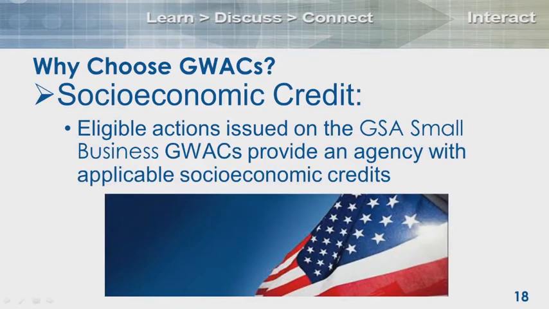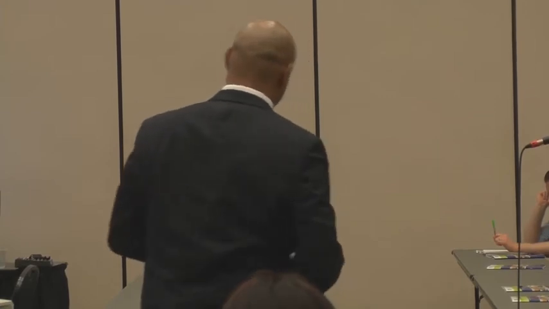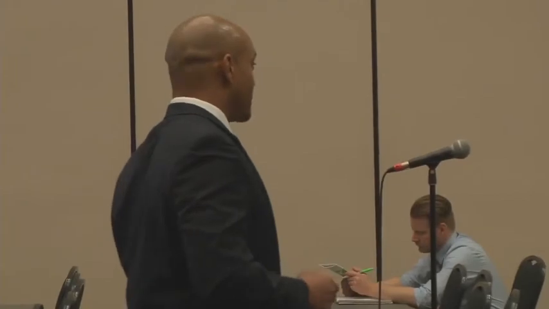Socioeconomic credit, important to some people, important to a lot of people. Just know that when issuing task orders on any of these GWACs I'm talking about, the VETS, the 8A Stars 2, or Alliance Small Business, the socioeconomic credit will be passed down to you, the agency receiving the services, okay? So if you're looking for VETS credit, if that's important to your agency, and you're not sure if you're going to meet your VETS credit goal, issuing a task order against the VETS GWAC will help you out. Along with it, they're going to be small business too, right? So you'll also get the small business credit. Issue a task order in 8A Stars 2 to a veteran who's also a small business. All small business, you get 8A SDB credit, you get your veteran credit, and you get small business credit, okay?